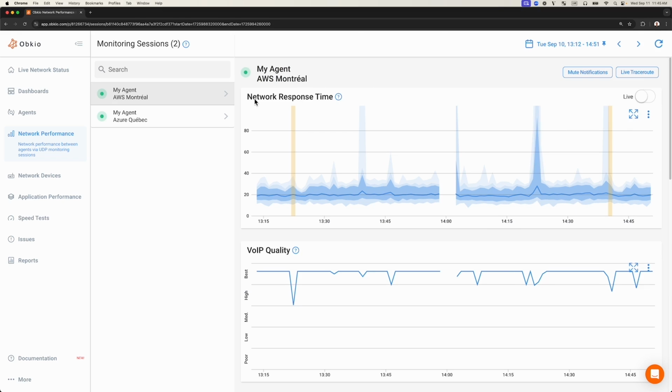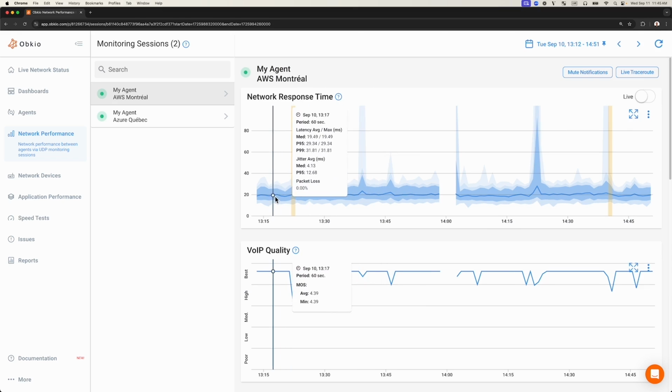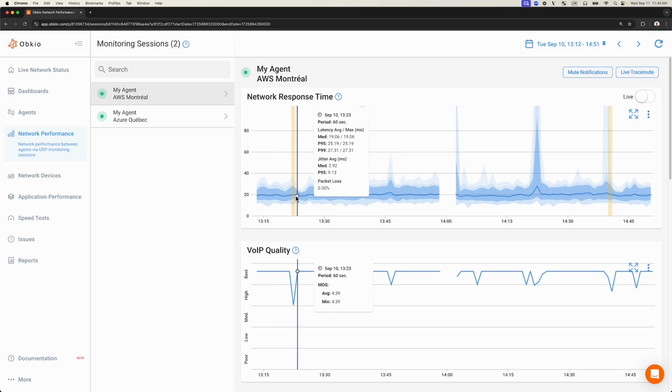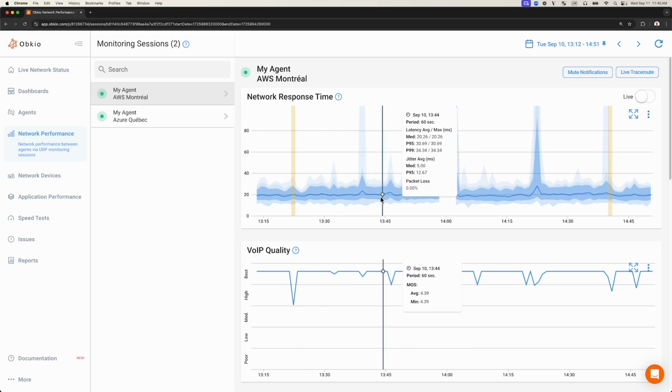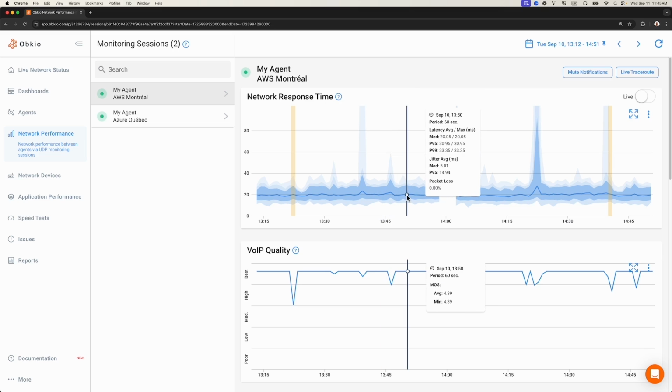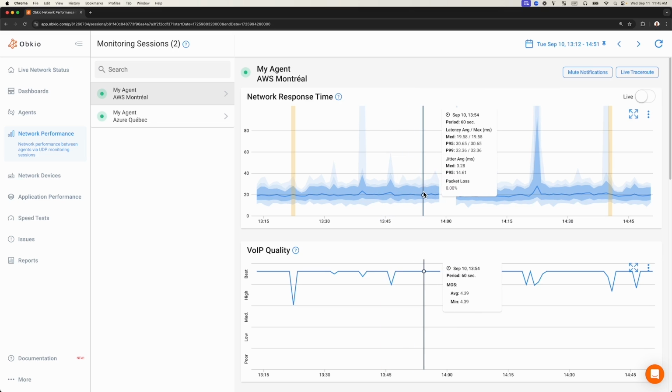First, let's look at the network response time graph. When you hover over the graph, you will see a tab showing you specific information about your network performance at this time. In this example, we can see metrics like latency, jitter, and packet loss. We can see that packet loss is at 4.72%. If we look at the graph as a whole, the dark blue line will indicate the latency, which is about